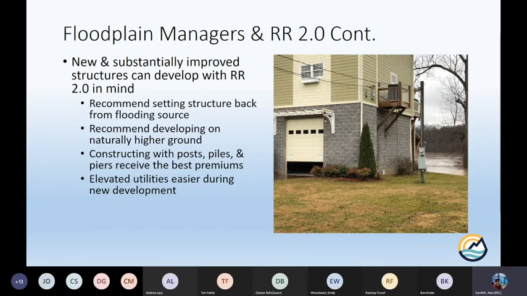And then again, Cindy, you were asking about how we encourage people to elevate utilities during new construction, or when they're repairing substantially damaged construction, or doing something substantially improved, or even if it's not substantial, if they're doing an improvement project or a rehab project. Hey, guys, while you're doing the work, put your utilities up high so that when you pay flood insurance premiums, or whenever you sell the house and that person has to get flood insurance, it's going to be less expensive on them.